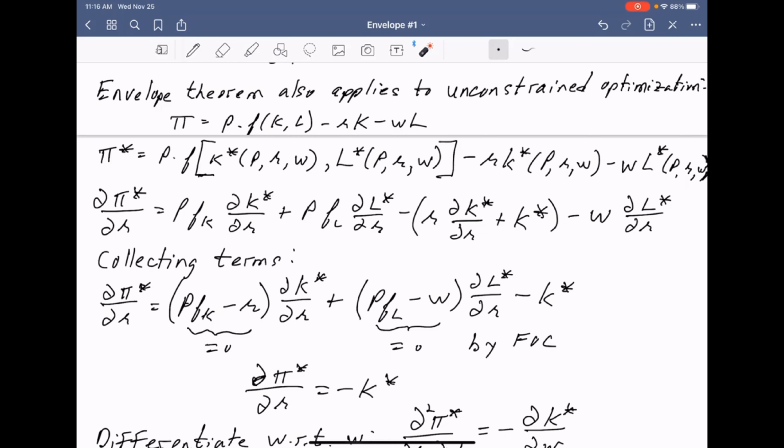We find that the indirect, or the optimum rather, pi star is equal to P times the production function